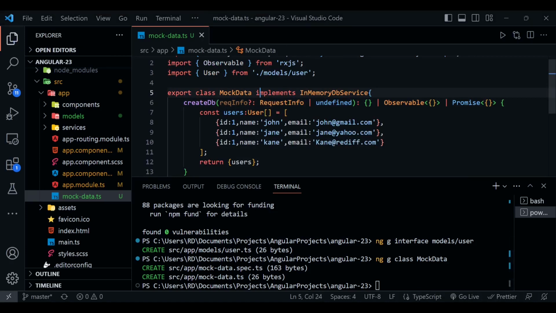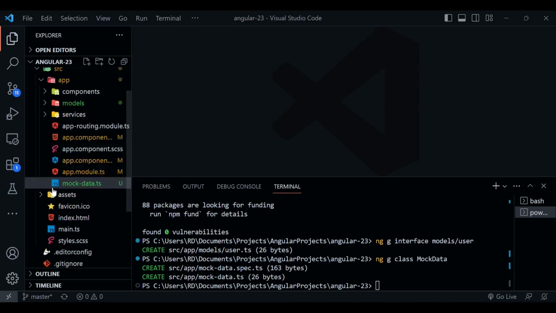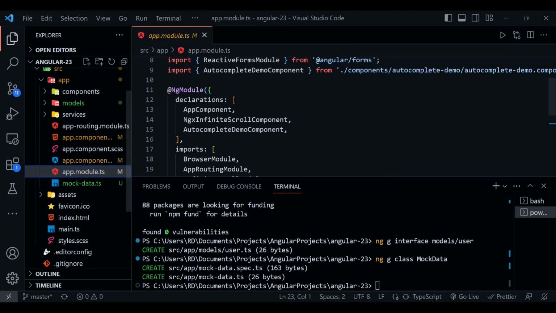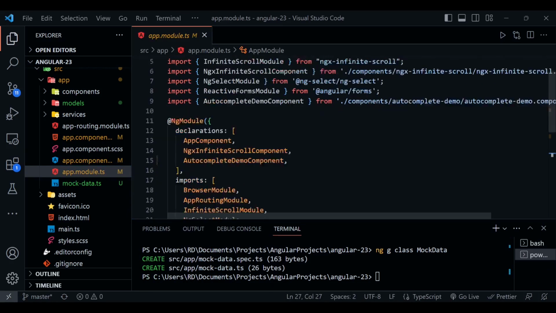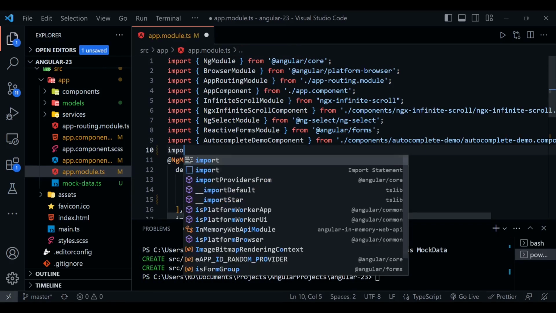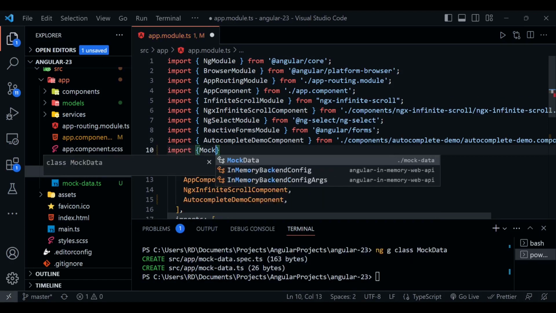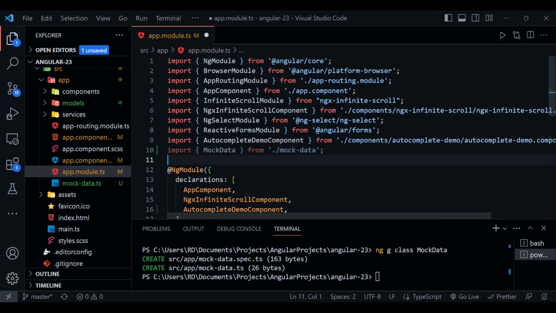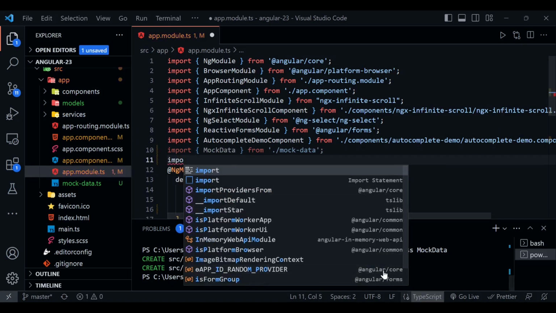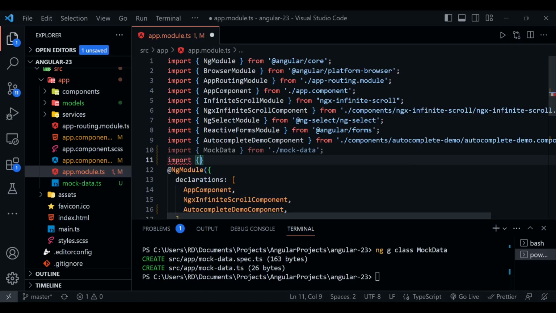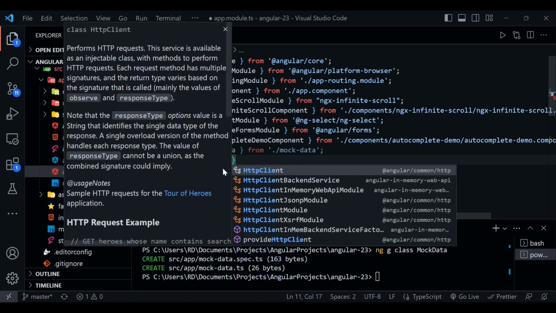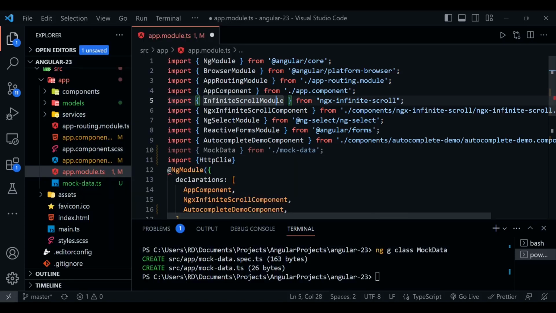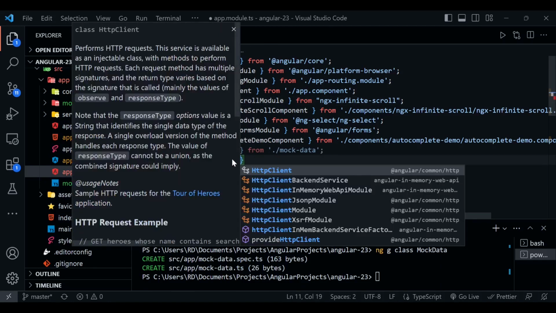Okay, now let's save it. Let's go here inside app module. Here, not here. Here it is. Okay, so first thing we need to import is that mock data. Okay, now we need to import one more thing, actually two more things. The first one will be HttpClientModule,